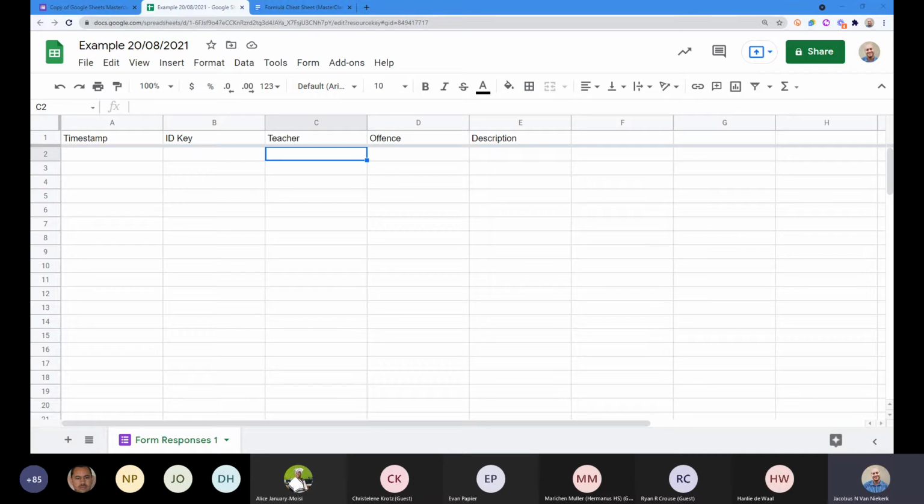Once you've got 1 or 2 in, you can just tell me, I've got my few examples in. Right there, you'll see there's my first example. Right, I just wanted to capture 2 examples.